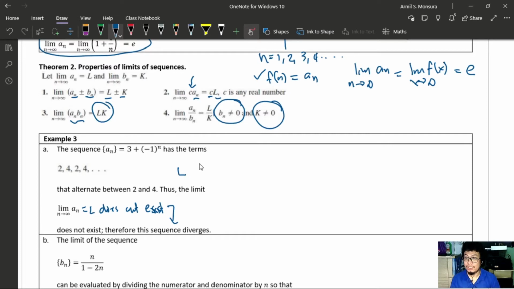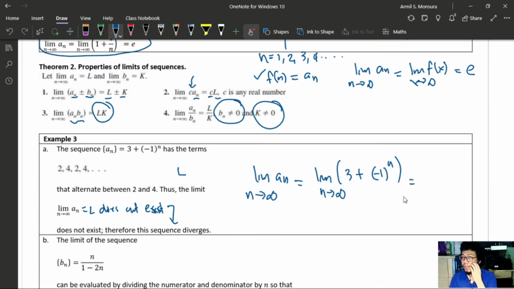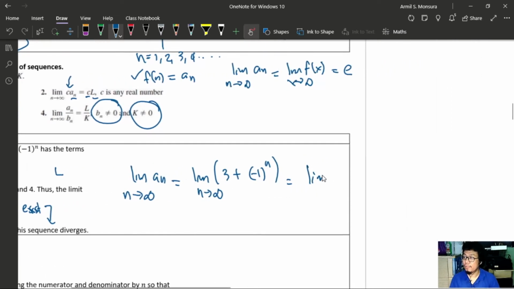We can actually use this argument also. If we take the limit of a sub n as n approaches infinity, that also means we have to evaluate the limit of 3 plus negative 1 raised to n as n approaches infinity. Now, using theorem 2, property 1, I can write this as the limit of 3 as n approaches infinity plus the limit of negative 1 raised to n as n approaches infinity. Now, this limit is simply 3,